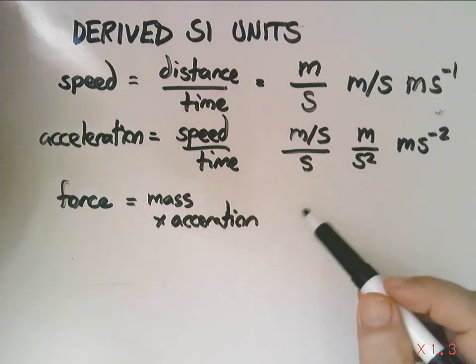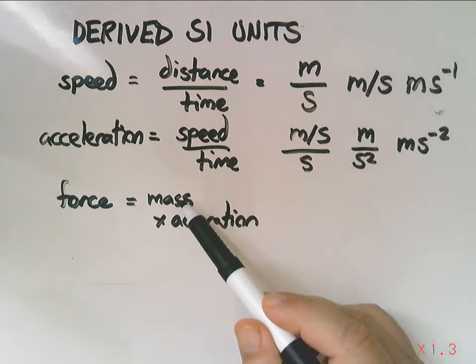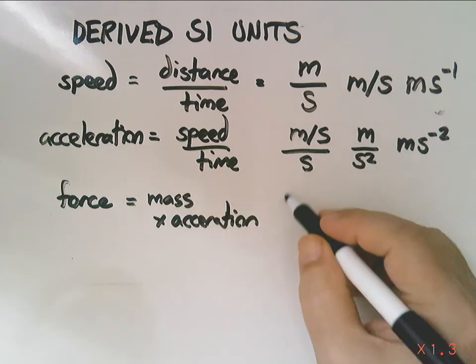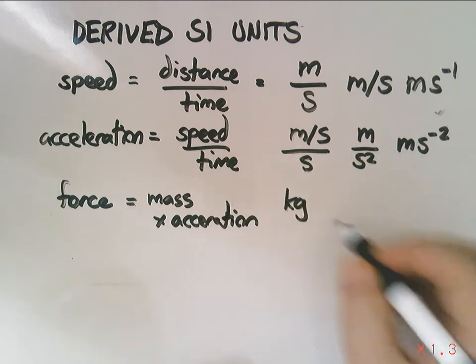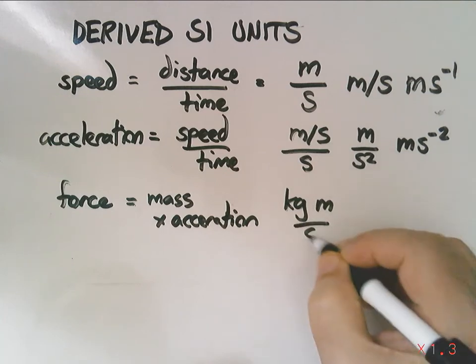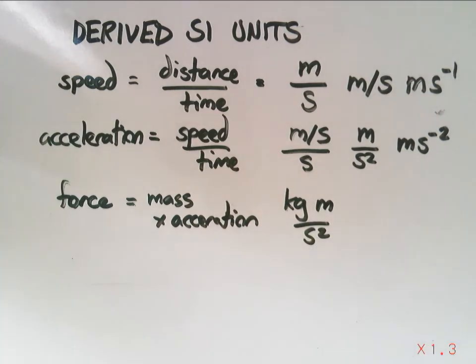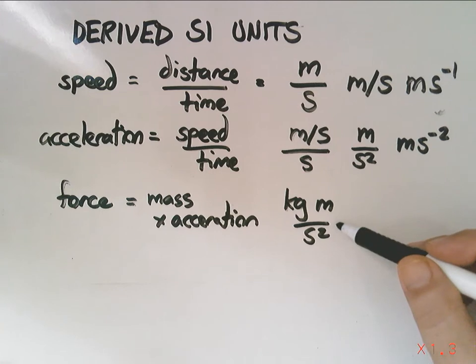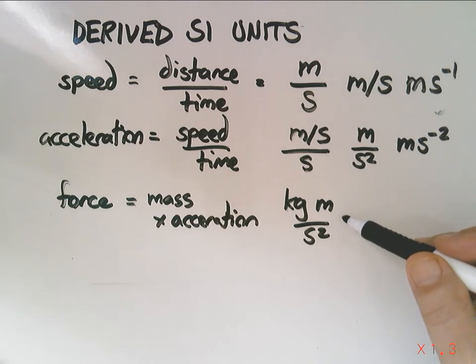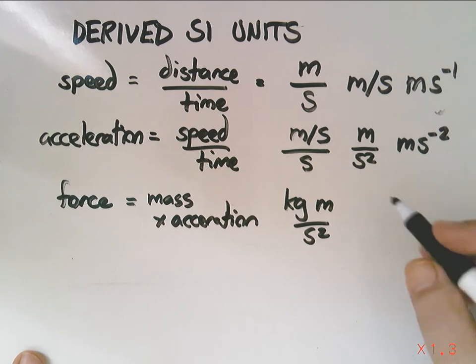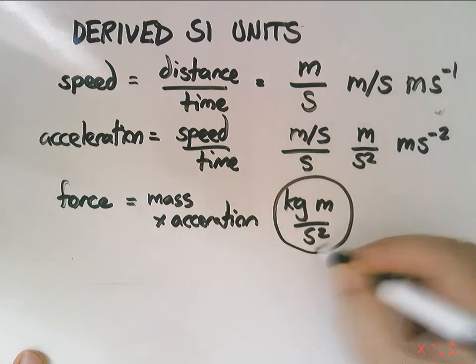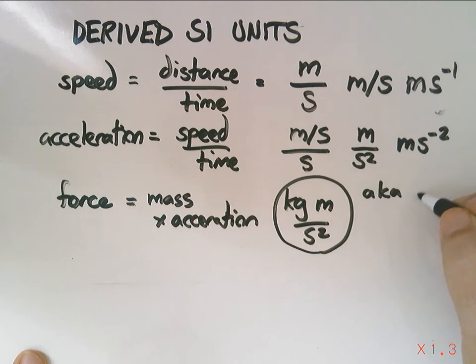So if I want an SI unit for that, I can take the SI unit for mass, a kilogram, and multiply it times the SI unit for acceleration, which we just worked out. And I have that lump of units, kilogram meters per second squared. When I say the word per, that always means divided by. All right, I could remember that ugly unit anytime I wanted to write down a force, but there's an abbreviation for this, also known as a Newton,